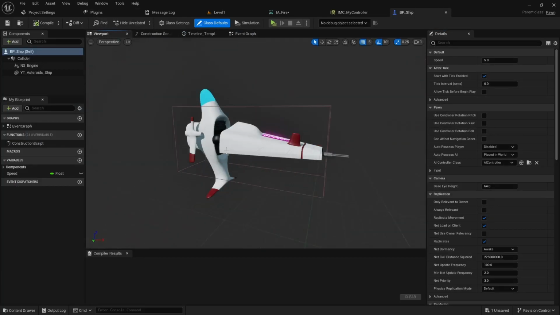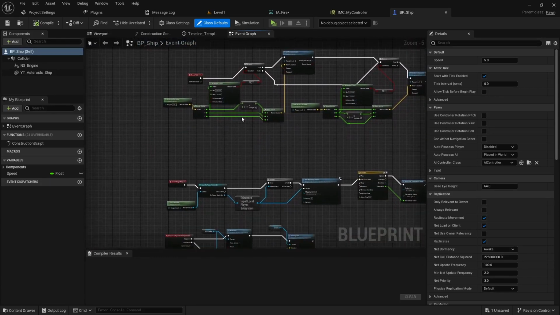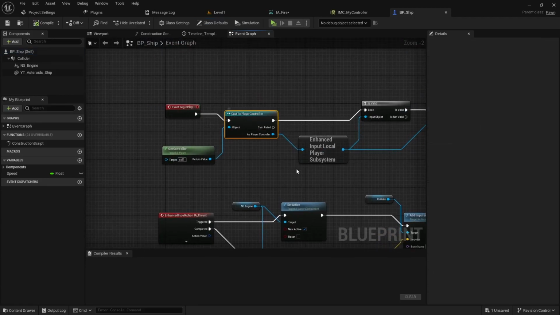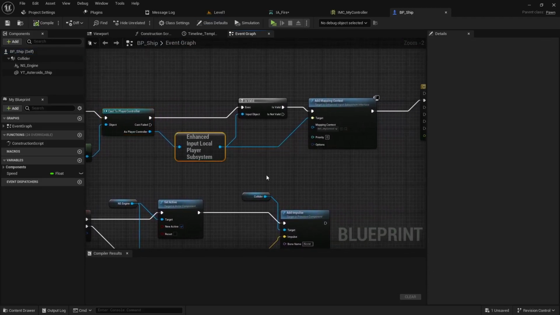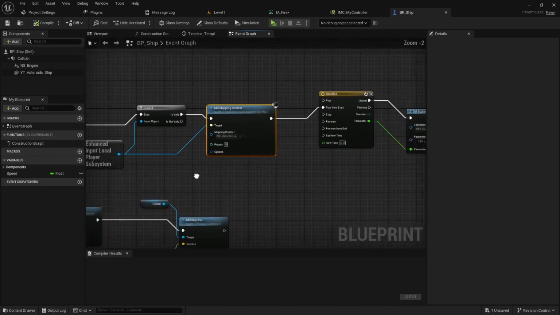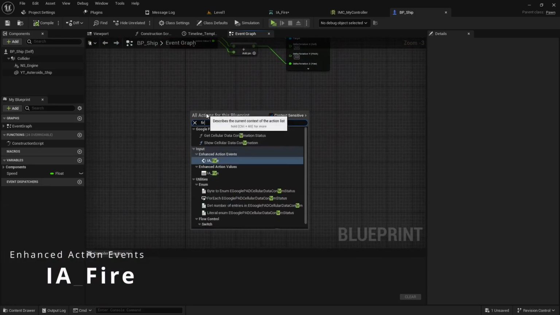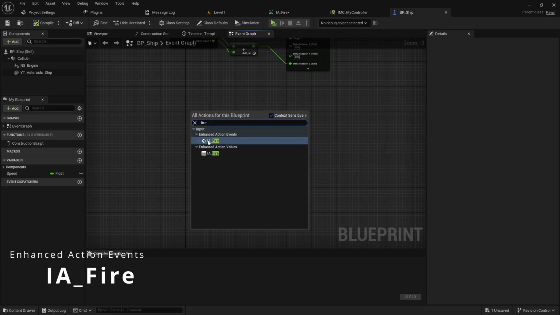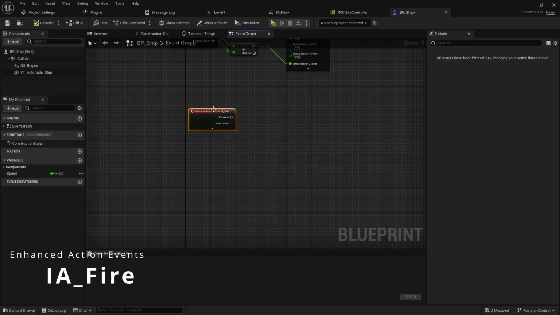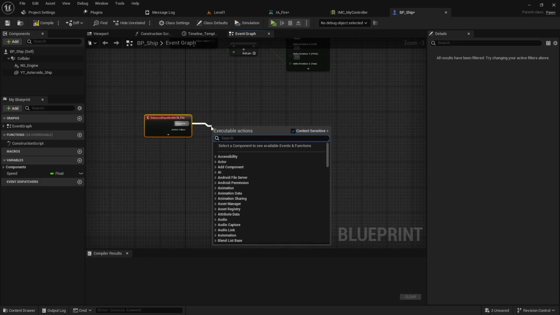Alright, so now we're in the spaceship. We need a way to basically set up the fire, so let's head over to the event graph and set up the code. Under the begin play, we make a call to our enhanced input system, and we set it to that IMC controller manager. Because of that, we have access to all those input actions. If I search for fire, you can see I have an event for the IA_fire, so we can call into that. And then the simple code is we basically just come into a delay,